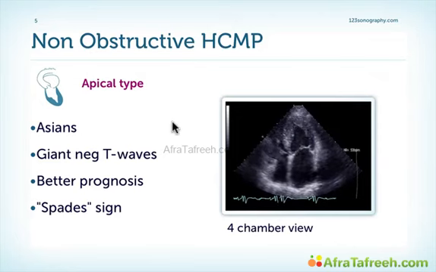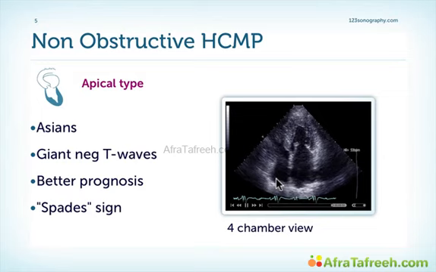Now let's take a look at the apical type of non-obstructive hypertrophic cardiomyopathy. First of all, it's a pathology which is more common, or actually not so infrequent, in the Asian population. It is characterized in the ECG by the so-called giant negative T waves. In general, it has a better prognosis than other forms of hypertrophic cardiomyopathy, and the typical echocardiographic finding is that